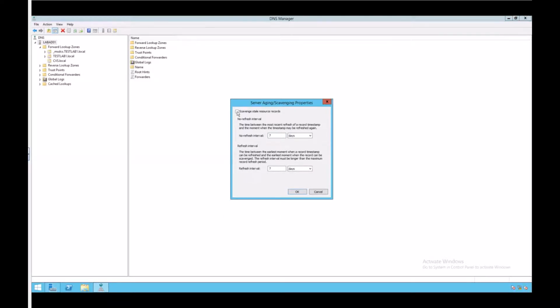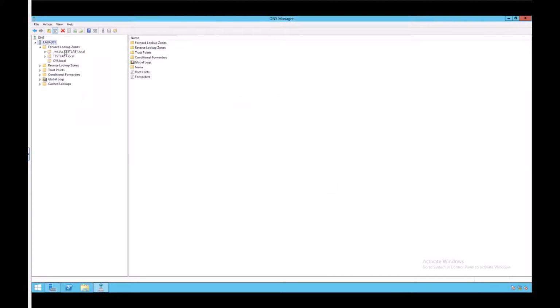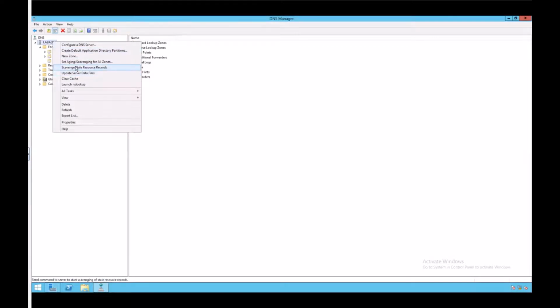Okay, and so you would select this here, and you would select OK, and then from here you can select OK again. All right, and so then now that is actually set. So now if you come down here and you say, you know what, I don't want to wait on this, you can go ahead and select this option right now, and it's going to go ahead and get rid of